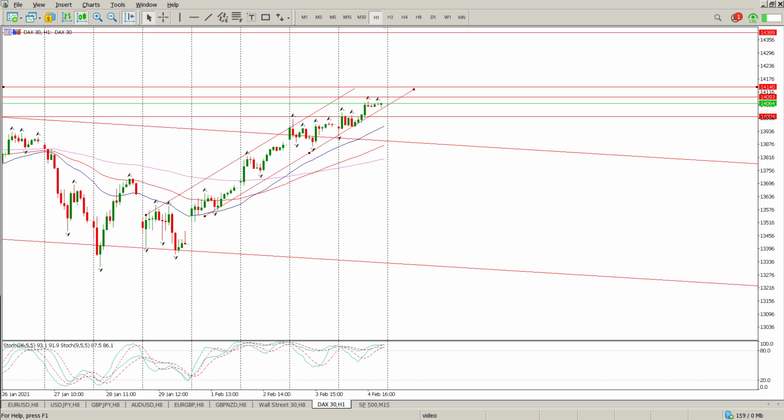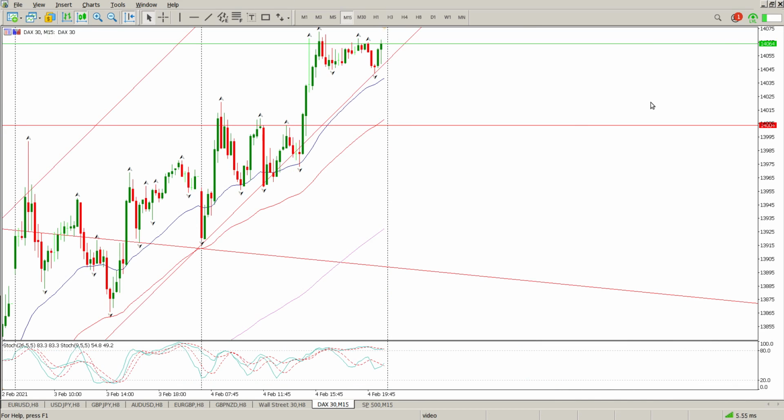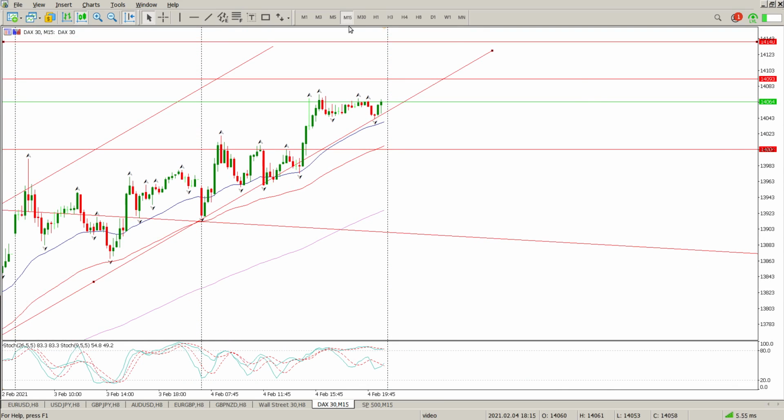I just want to see where we are on the futures market right now. Just give me one sec. So US futures are flat, DAX futures 0.10 up, so it's also flat. DAX futures at 14,070. So I think for me today, same bit of advice as what I have on the S&P, and that is quite simple. 15-minute trades it is, wait for structure, and then look for a retest.